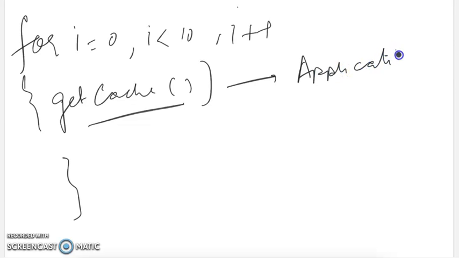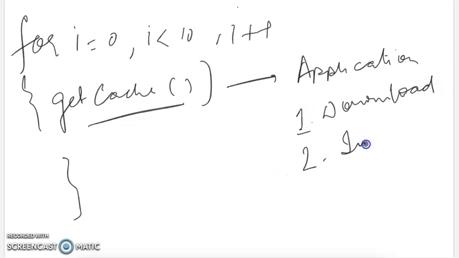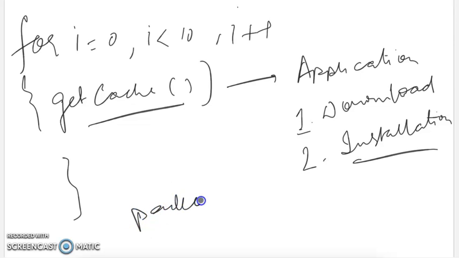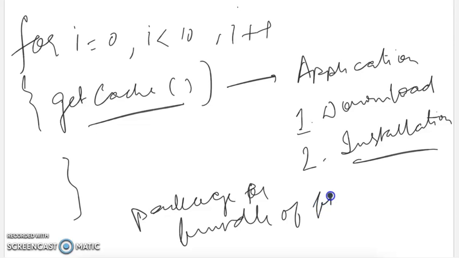Now what happens when the application is installed? If you see in your Android device, the application has two stages, right? One is the download, where the code and all the files get downloaded. And the second one is the installation. Now what happens in the installation stage? This entire package, or I can call it a bundle of files, will simply get